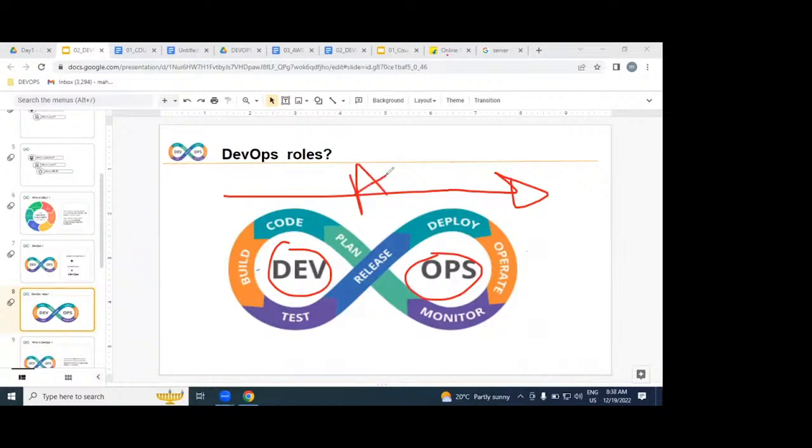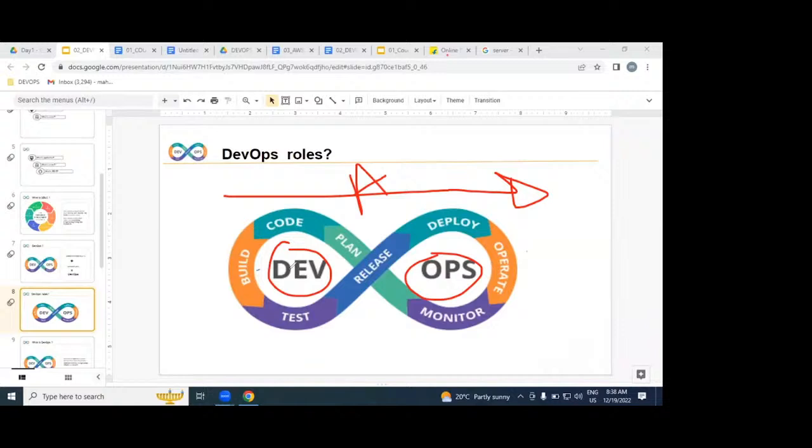For example, developers write the lines of code, the software, and the software moves into the production environment with an automated process. That automated process is going to be created by the DevOps engineer. That is the only role we play in SDLC.